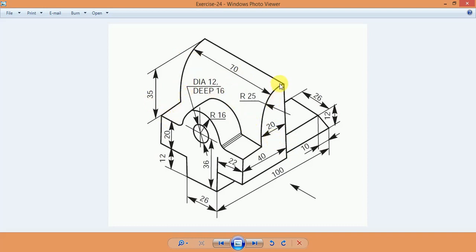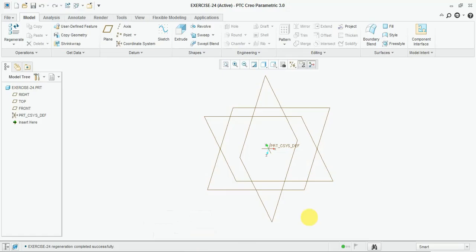At one edge of this rectangle, make this 25 radius. Then after we make these circular parts, at last make this hole, 12 diameter, 60 deep. So first of all we start the geometric parametric.